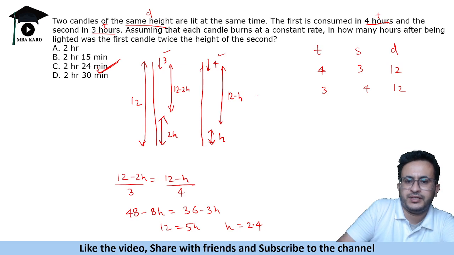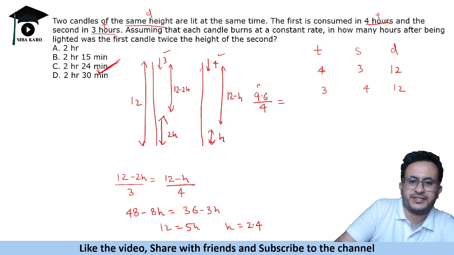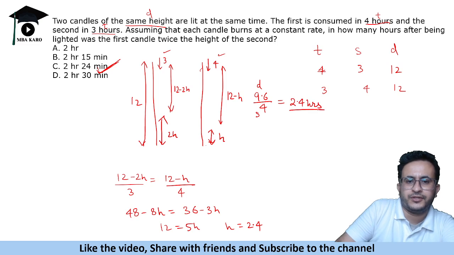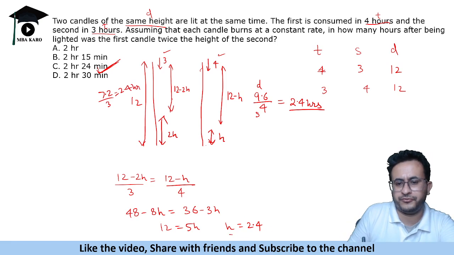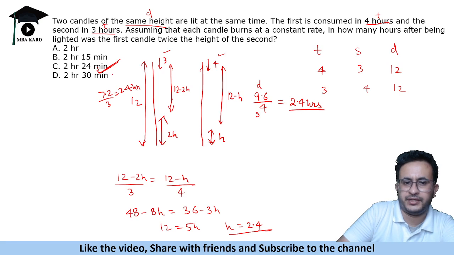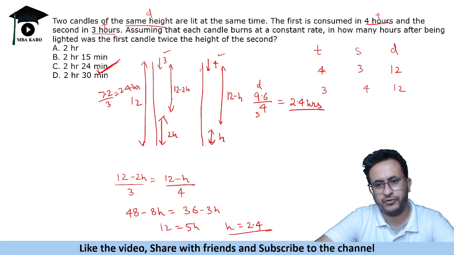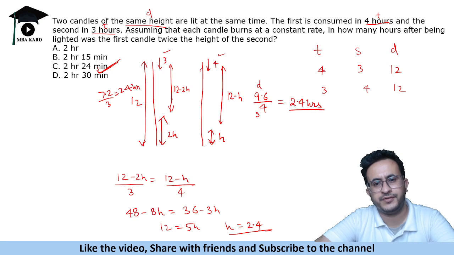So h is 2.4, this distance is 9.6, and at the rate of 4 speed, the time is 2.4 hours. Similarly, if you put in this value, distance is 4.8, 12 minus 4.8 is 7.2, divided by 3, it is 2.4 hours. So h is also 2.4, time is also 2.4. If you calculate this time in minute terms, it is 2 hours and 24 minutes. So this is how we solve